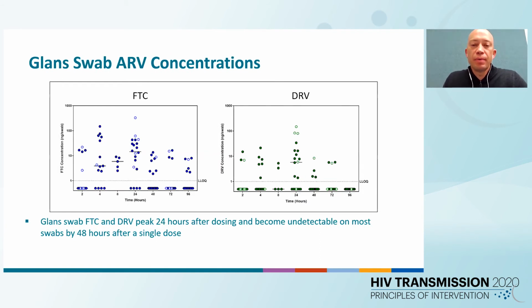In contrast, gland swab FTC concentrations, in blue here on the left, and DRV concentrations, in green on the right, peaked about 24 hours after dosing, and they also became undetectable on most swabs within 48 hours after dosing. Additionally,